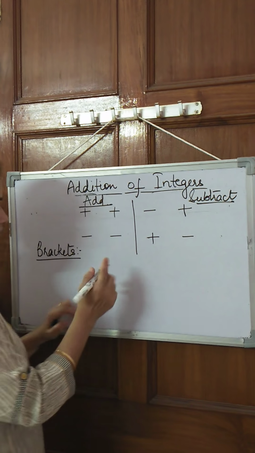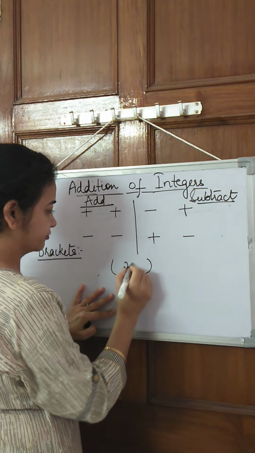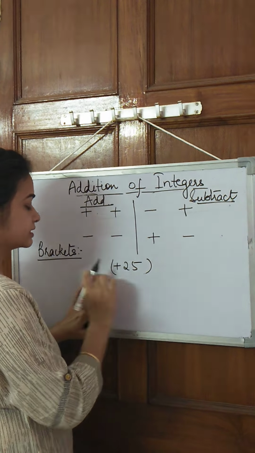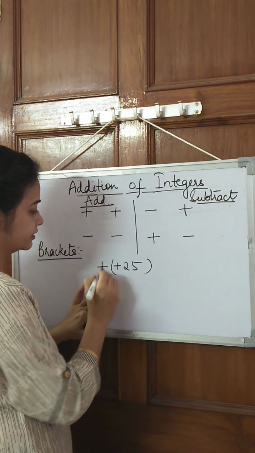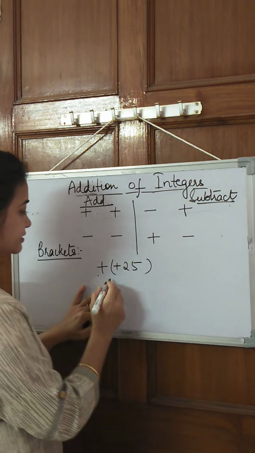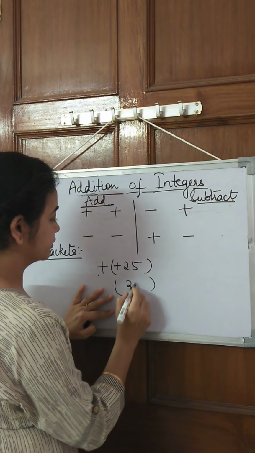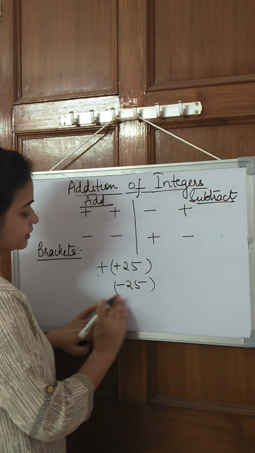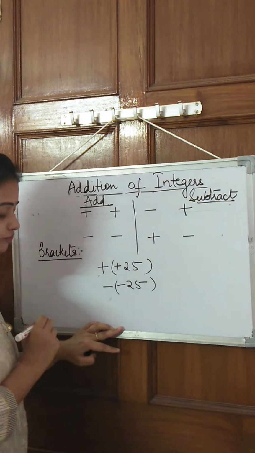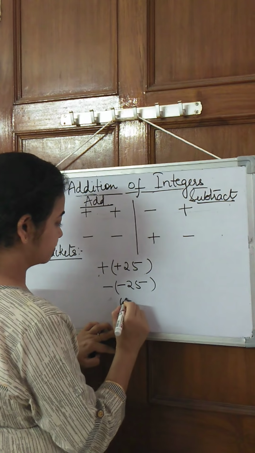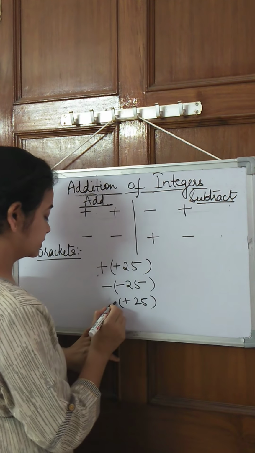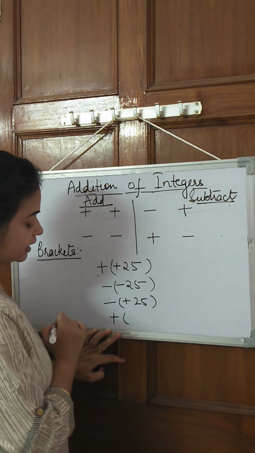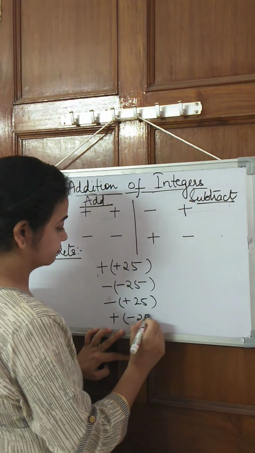Let's take an example with the number 25. I am saying that this number is positive, and outside the bracket there is a sign which is also positive. This is one case. The other case can be that the number I have is 25, it is negative, and outside the bracket the sign is negative. Or my number is positive and the sign outside is negative. Or the sign outside is positive and the number is negative.